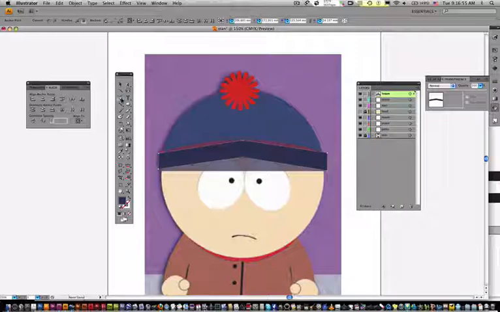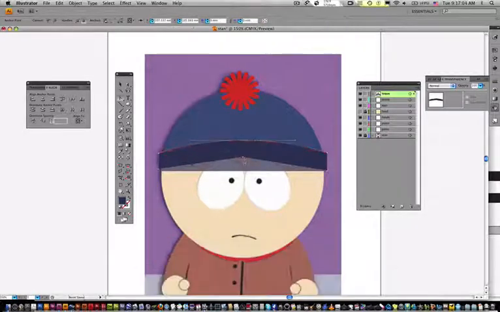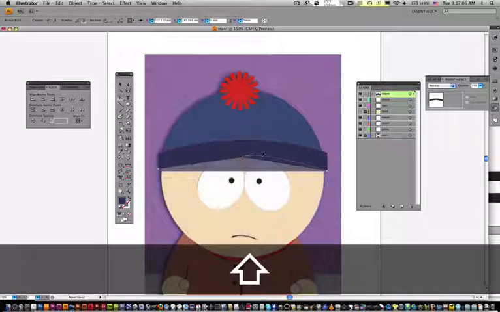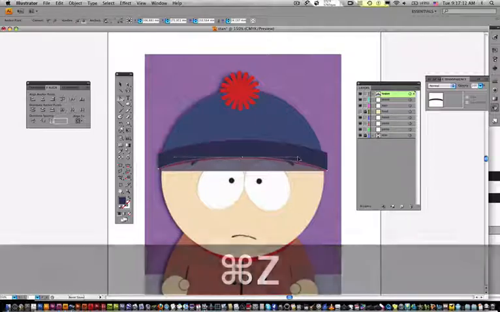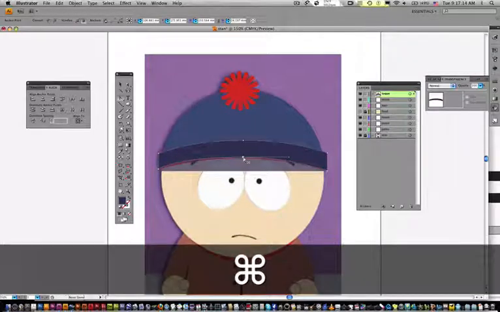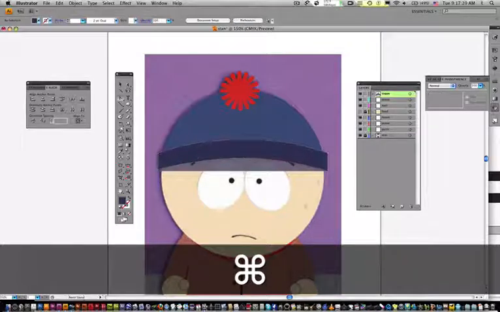I can go back to my pen tool, go to convert anchor point, and click on one, make sure it's the right way, drag it out like so, then go to this one, make sure it's the right way, and drag it out and make sure it matches. Maybe drag this down a bit. There we go. So now we've got our